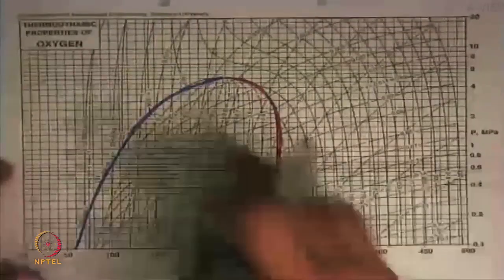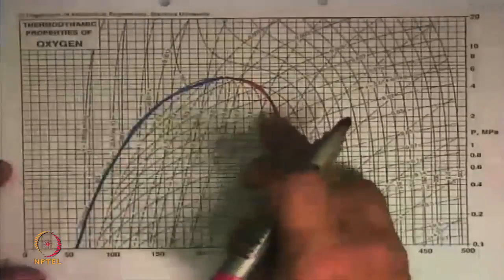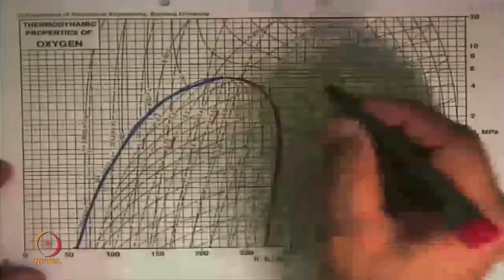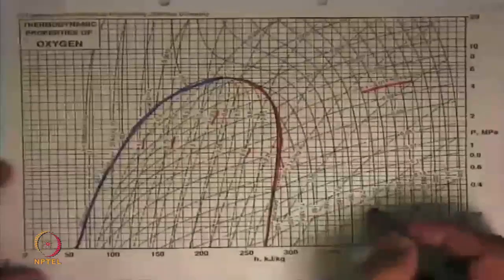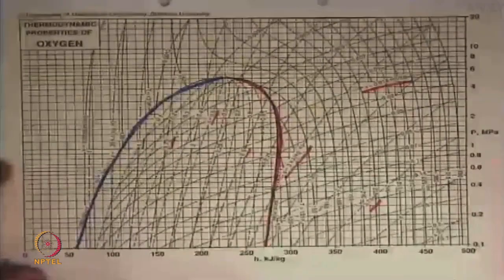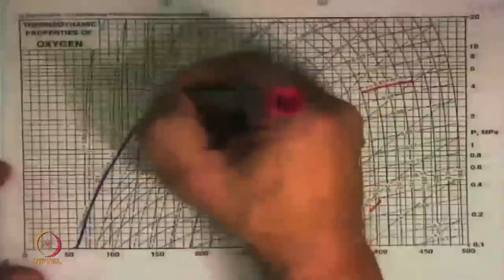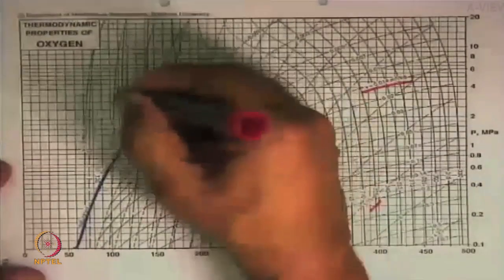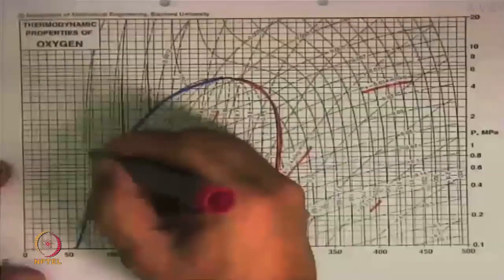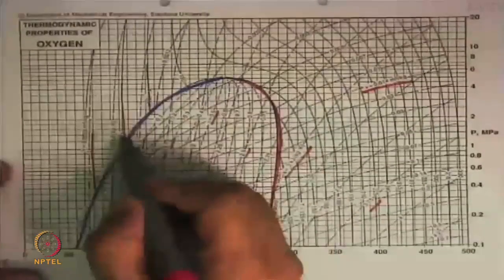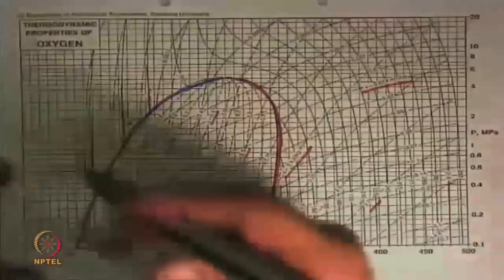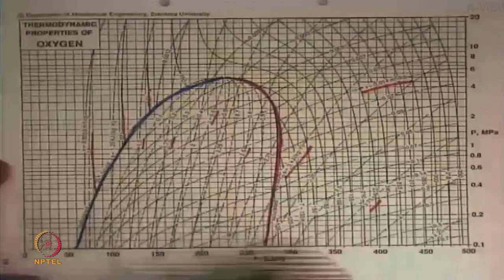Inside the dome we have similar things, 0.1, 0.2 like this. This is constant dryness fraction over there. Then 1.5, 1.75, these are all constant specific entropy lines. Outside these are constant specific volume lines over there. This is s equal to 3 kilojoules per kg K. And then we have constant temperature lines, like what we have drawn there. This is a constant temperature line and that is a constant temperature line. The temperatures here are very low, 150 Kelvin, 135 Kelvin, 120 Kelvin, 105 Kelvin. We are looking at very low temperatures. But look at this thing here.